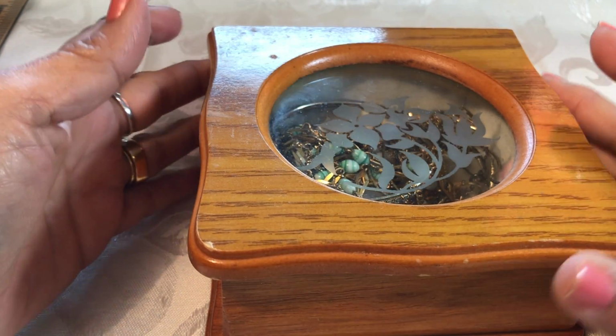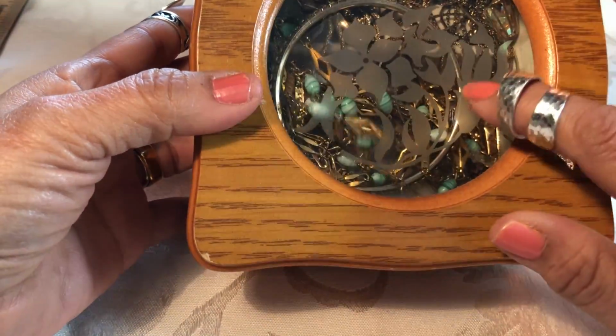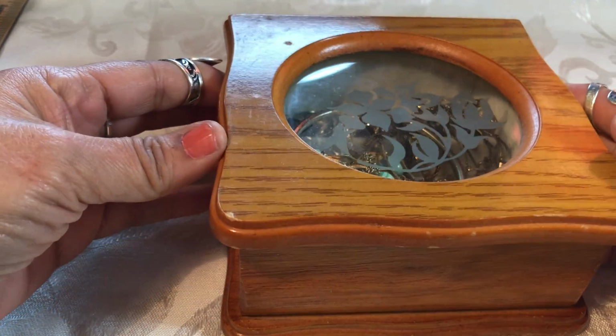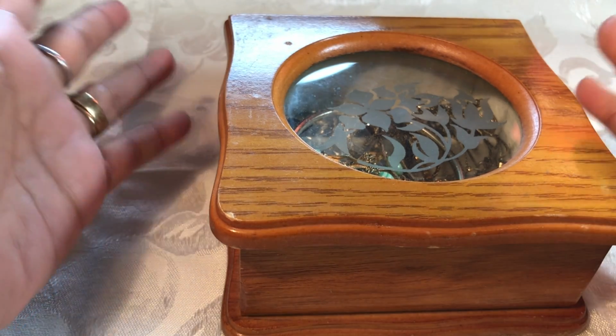I was so excited. First of all, the box is really nice. It is wood and it's in very good condition, so I like that. And I've always liked the jewelry boxes that you can actually see through. I don't have any like that, and I think they're very convenient, because I could put maybe all rings in here. I'm trying to get a little bit more organized with my jewelry now that I'm selling so much of it